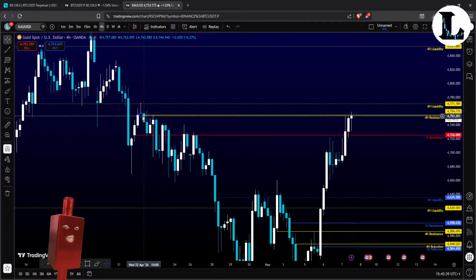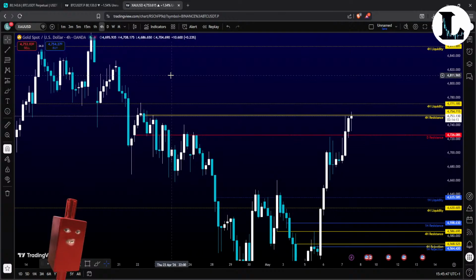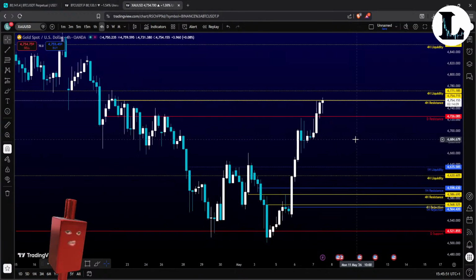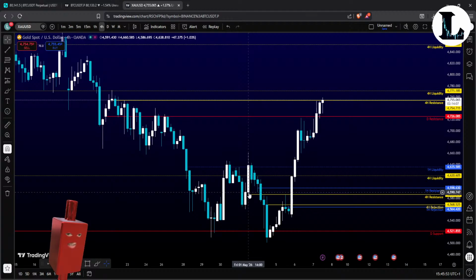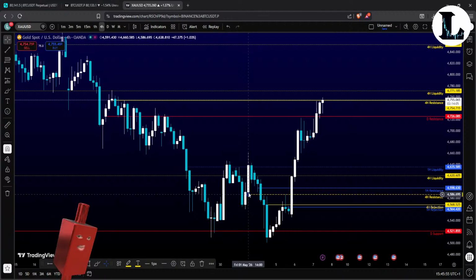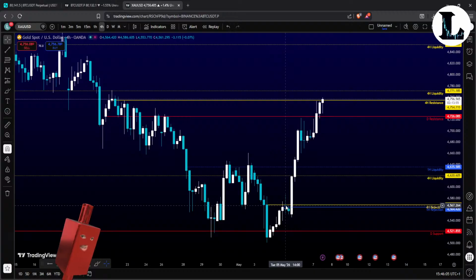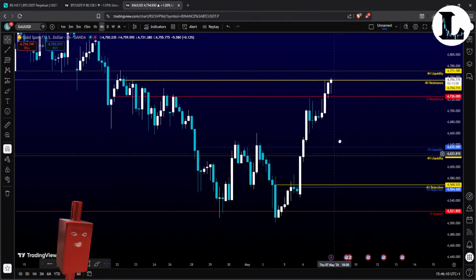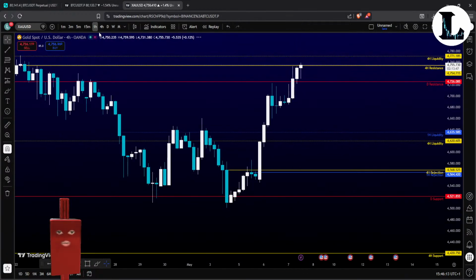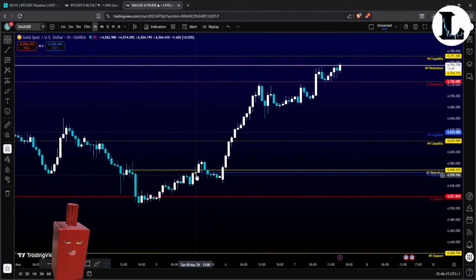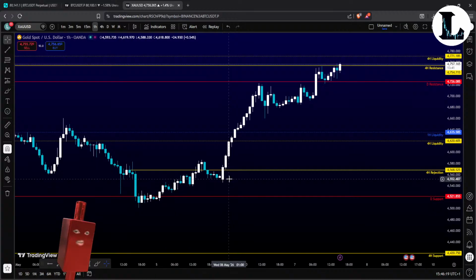We are testing actually the last 4 hour and the highest 4 hour inside that daily, so that might become really bullish for gold. Okay, we kind of destroyed everything here. This resistance was not in play anymore, this one either. Look, yeah, 4 hour rejection. In the moment that we break this 4 hour rejection, the price just starts moving up really fast. And 1 hour rejection also, let me check that. Yep, okay, so we don't need that anymore.